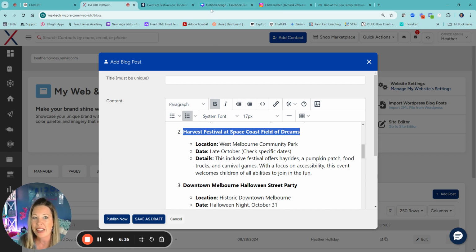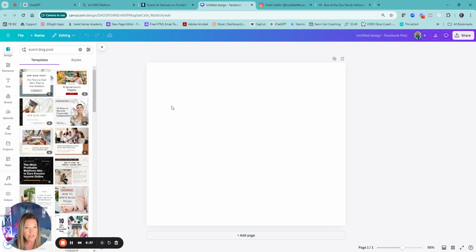So what I do next, I come over to Canva. And if you just go and create a size, like this one's Facebook, I could have chosen Instagram because I do like to make carousels. I can resize it to a reel once I get done creating everything and just make little tweaks, little adjustments, lots of things you can do. So I just did event blog post.